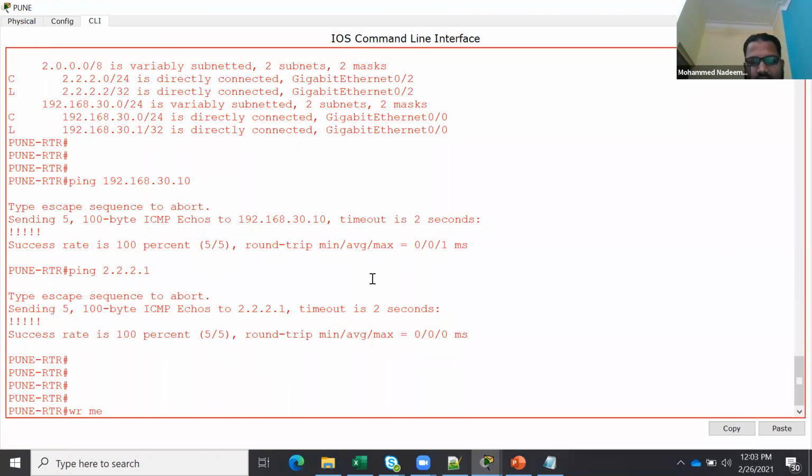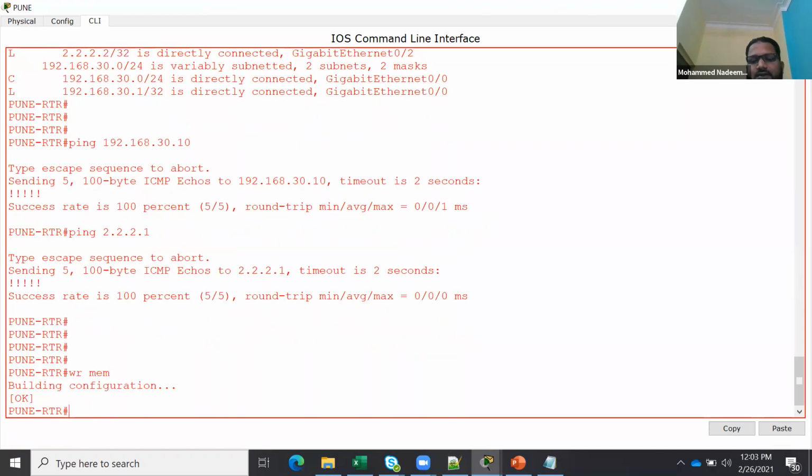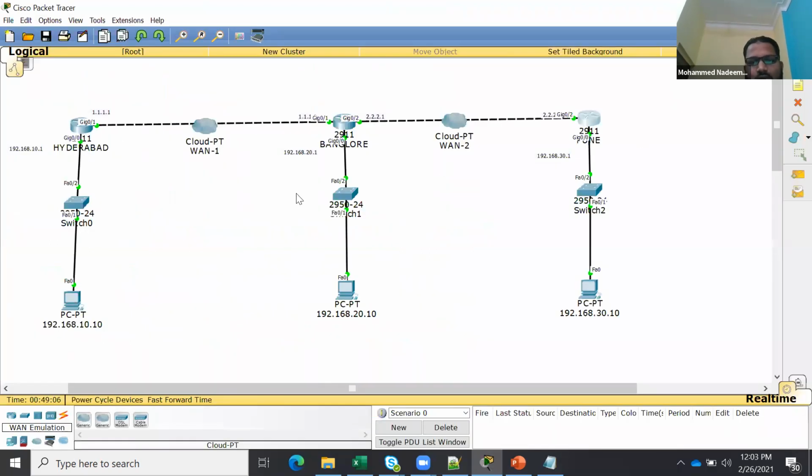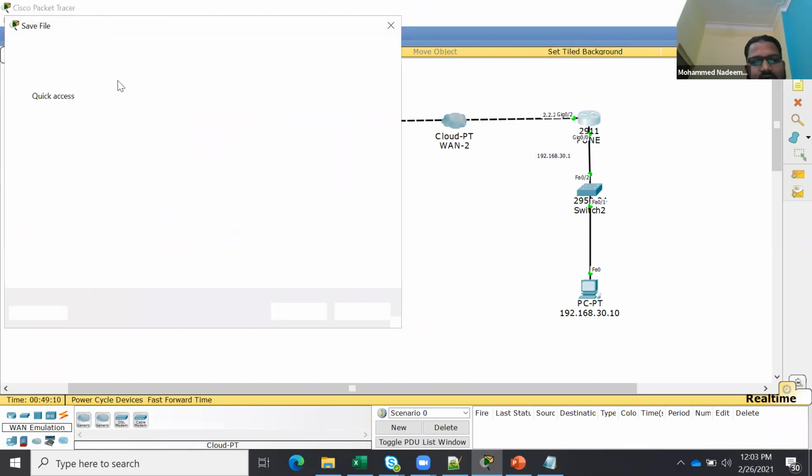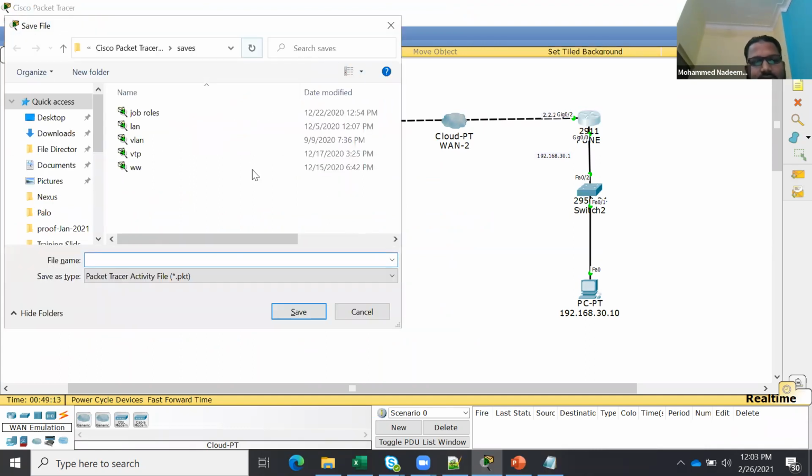Everything is working fine. Our base topology is done. This is the routing topology which we are going to use in the entire routing. So save this, saying base topology, a routing base topology.